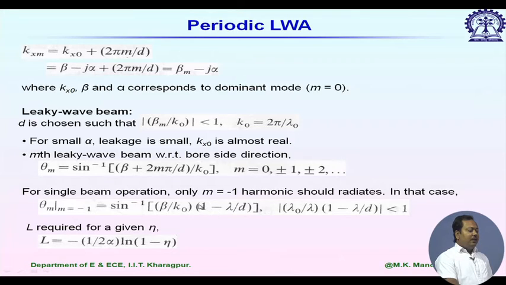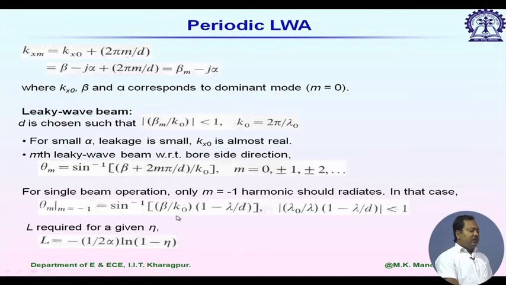Now, overall beta m by k naught should be less than 1. That means lambda naught by lambda into 1 minus lambda by d should be less than 1. So if I start from the cutoff frequency, the radiation will start, and the first value it takes